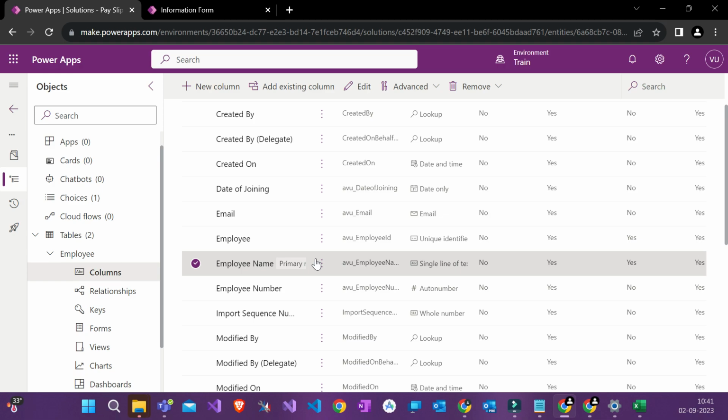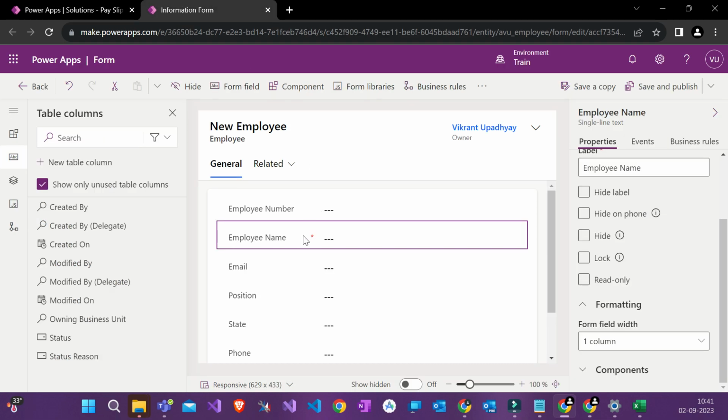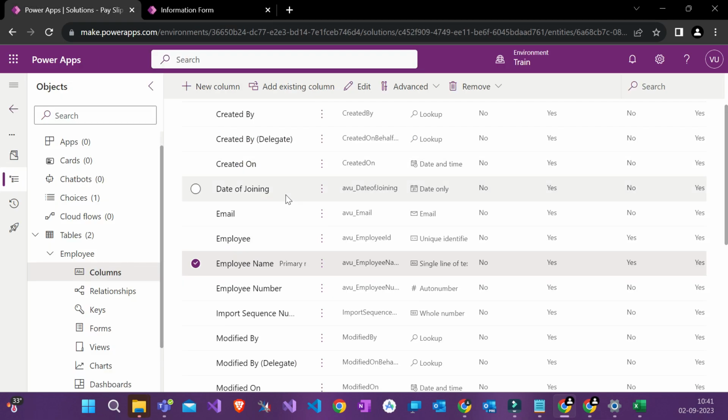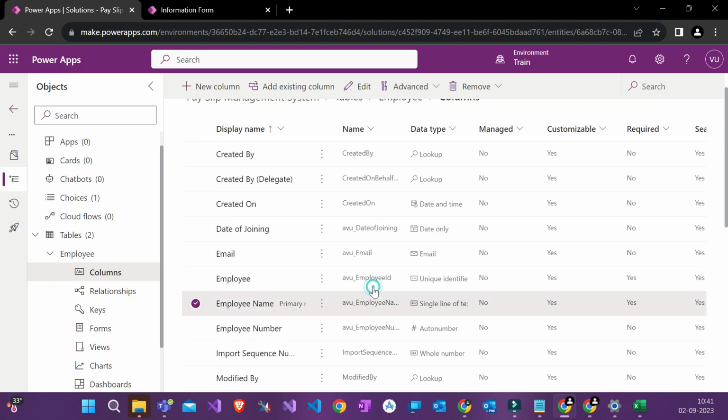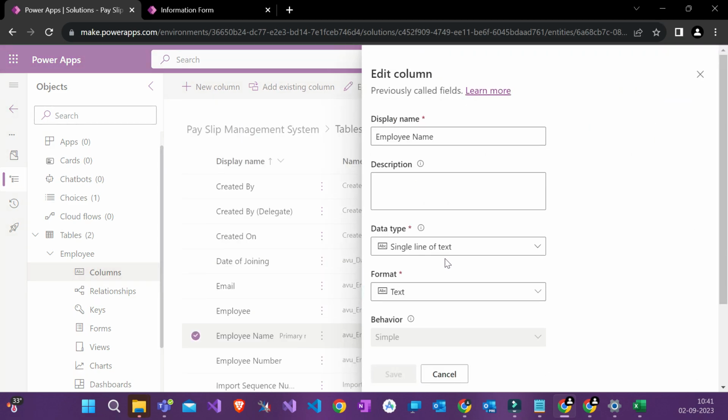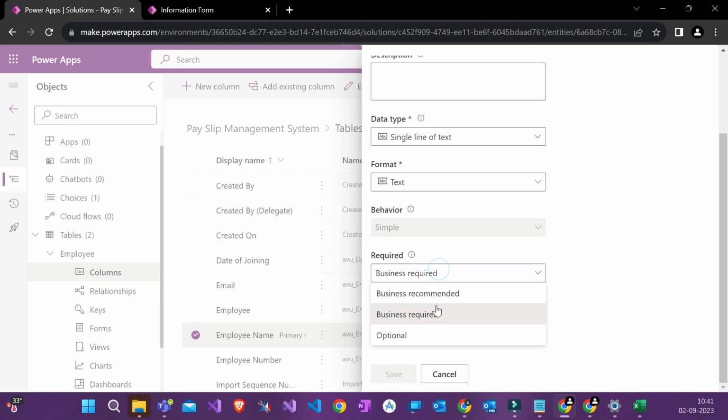See, the reason why that field specifically is starred is that it is system required. If I go to edit, this is business required because, as I showed you when I was customizing, business required means you have to enter it. Business recommended means you are requested to enter it. Okay, you are recommended that you please enter here. Optional means you don't have to enter it. If I click optional and save it,